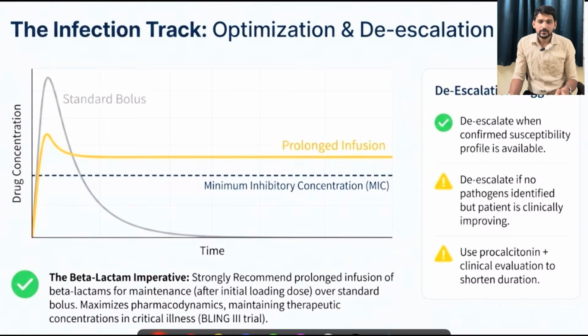Then, as I mentioned, you can start with antibiotics, but don't hesitate to de-escalate once you confirm that it is probably inflammation, not sepsis. And for that, we can utilize procalcitonin. I have made a separate detailed video about procalcitonin. One point to mention here is don't utilize this biomarker for the start or escalation of antibiotics. Instead, utilize it for de-escalation of antibiotics.